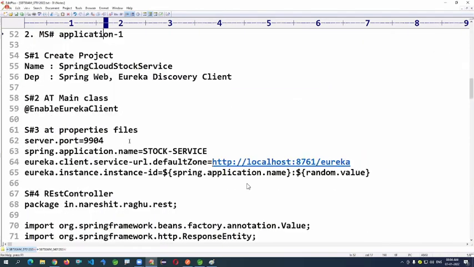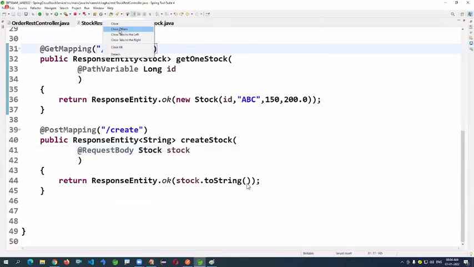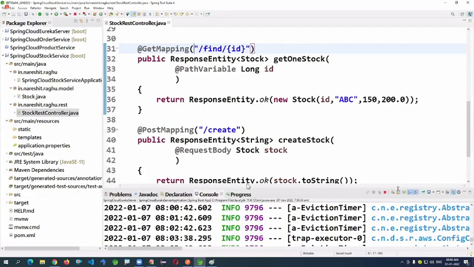Microservice application 1, you can see it's the stock service.